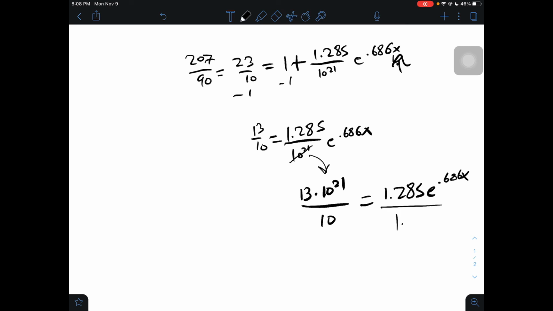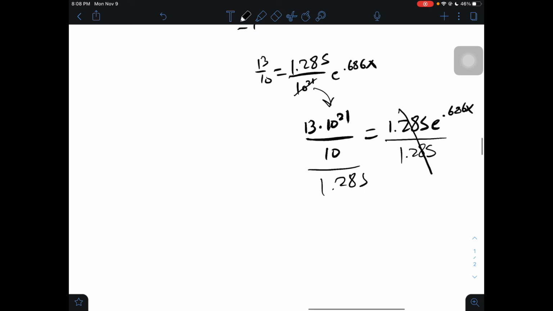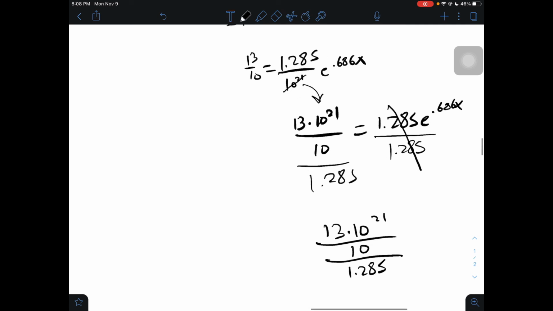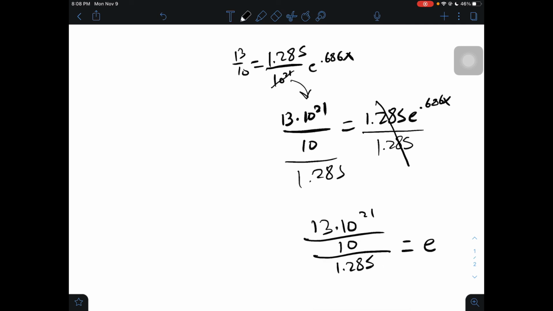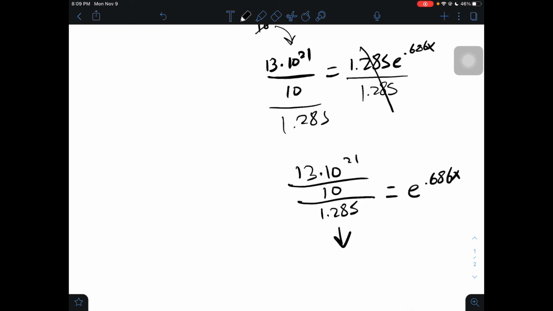So divide by 1.285, divide by 1.285. These cancel out. We are left with 13 times 10 to the power of 21 over 10 divided by 1.285, I know that's a big fraction, equals e to the power of 0.686x. Now, we're going to simplify this fraction, which simplifies down to